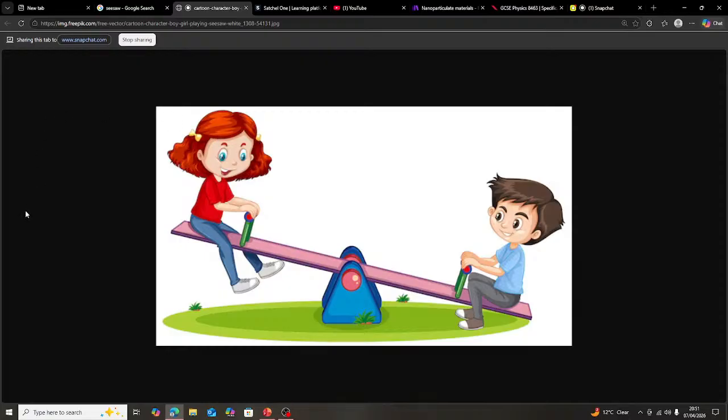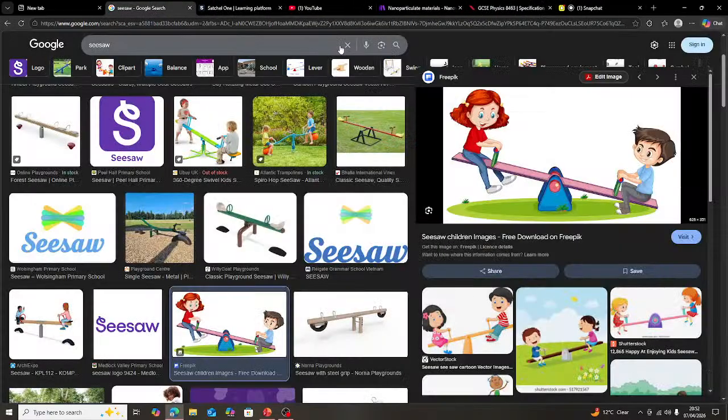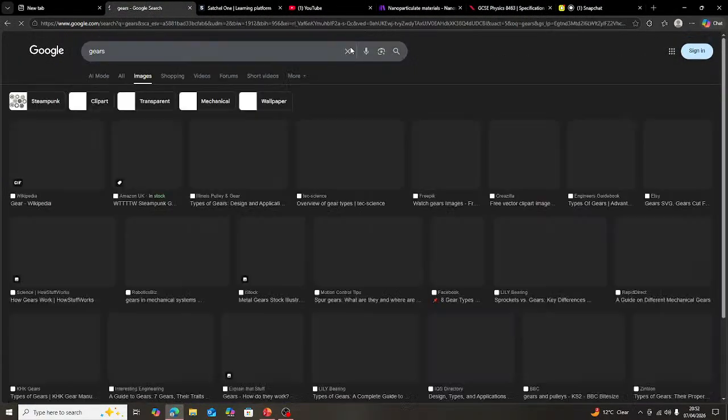But if she goes there, then the distance is going to increase, and the moment is going to increase as well, which means she's going to go down, and then they're both going to be equal. No, she's not. What's she going to do then? She's going to go like ow. All right, that's that example. Then let's go to gears.